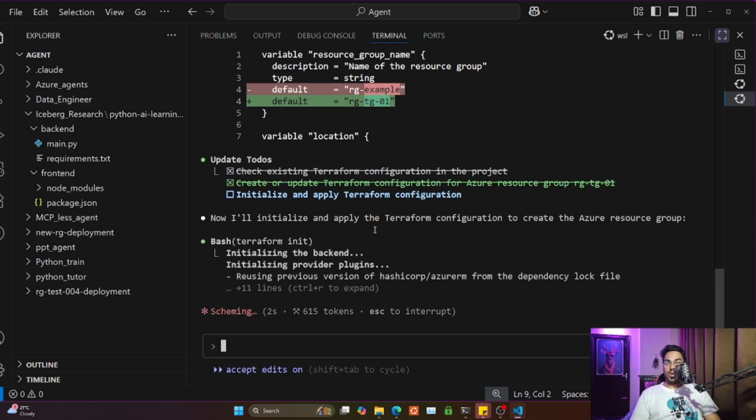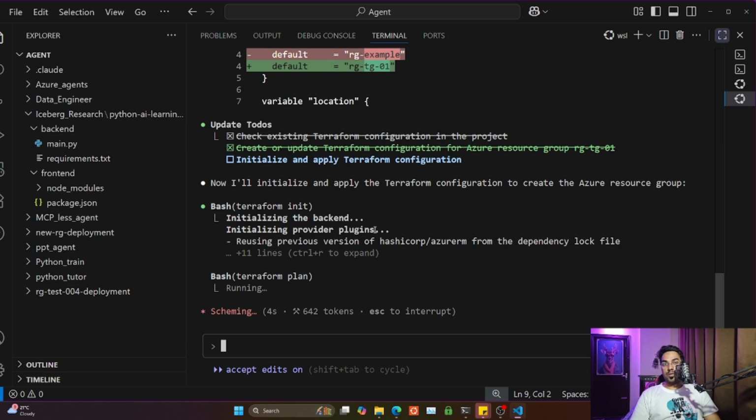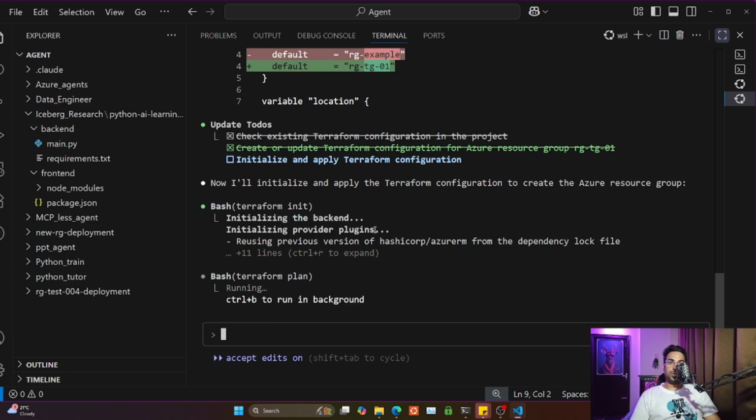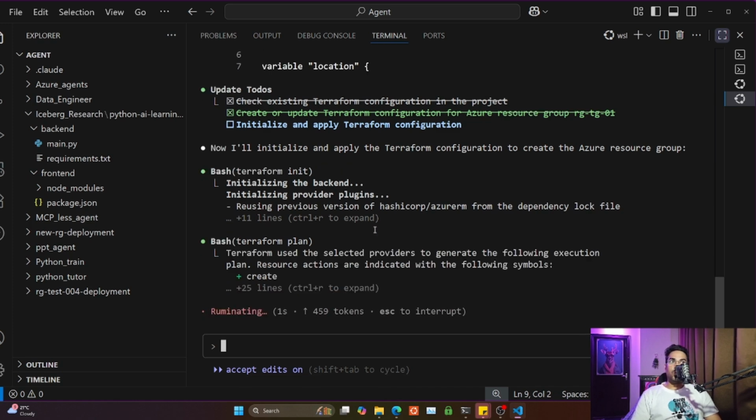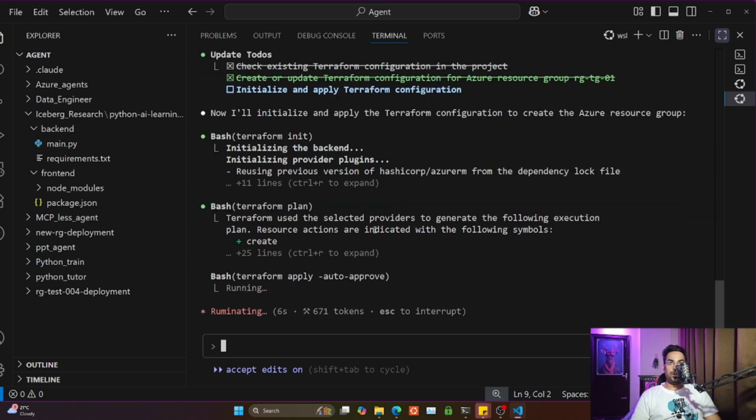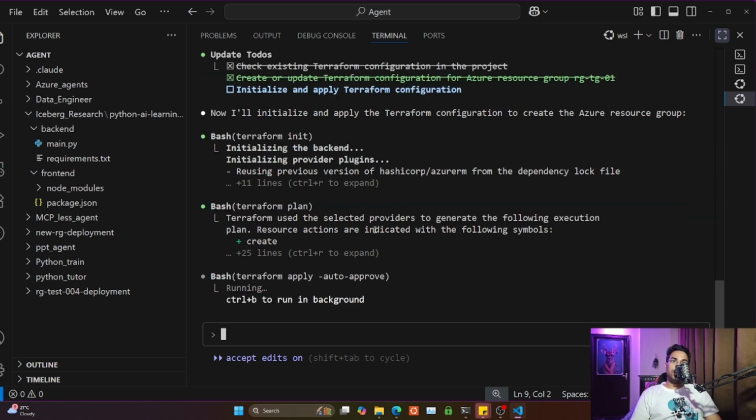So this brings to the scenario where I said there are organizations that are using Terraform modules, pre-existing Terraform modules, and how we can integrate it with the generative AI, with the agentic AI framework seamlessly. So I think this way it works in a much better way, because we don't want to unnecessarily spend time developing an MCP server that has to be customized according to the different types of module structure that these different organizations are having. So as you can see, it is now running the Terraform plan, and it is then running